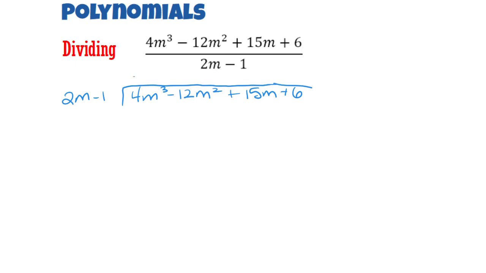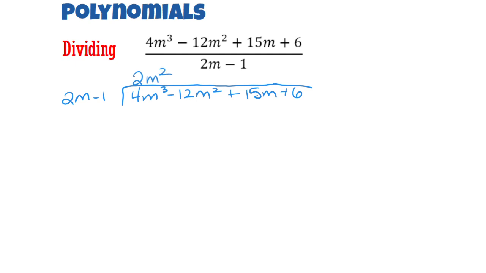Okay, so what I'm going to do is I'm going to divide this binomial into this polynomial. And to do that, you kind of ignore this piece right here, and you're just looking at this leading term. And you're saying to yourself, 2m times what would get me a 4m cubed? Well, I'd have to take 2 times 2, and m would need to get multiplied by m squared to end up with an m cubed. So what I do is I put